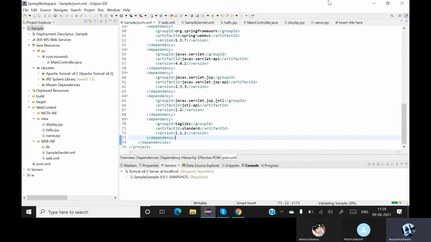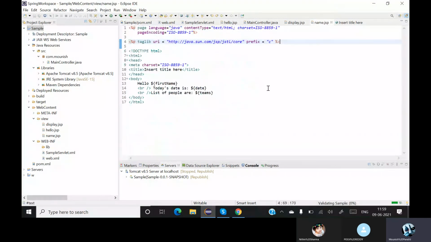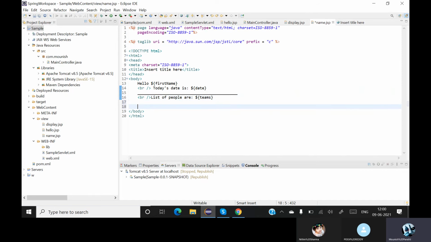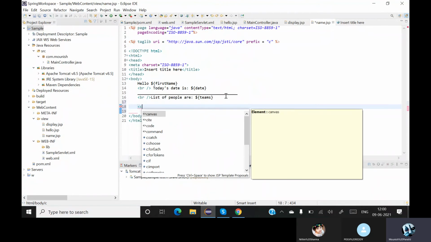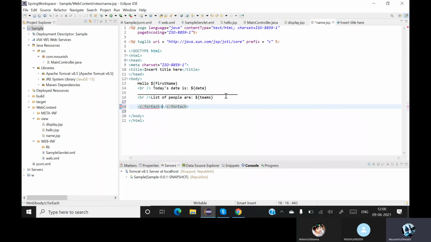Let me save this also. See that there are no errors. Now let me put up a line in between with this. Now what I want to do is I want to run this for loop. So put a tag, search for C colon for each.